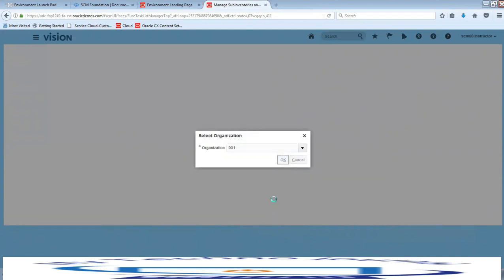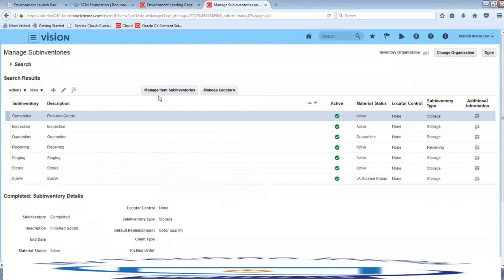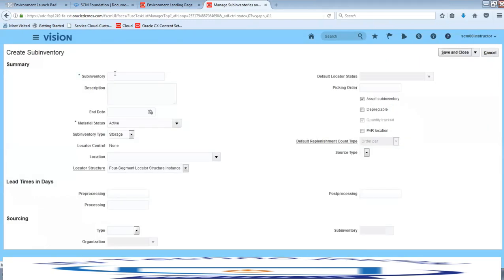Now let us create one sub-inventory. Let me create a sub-inventory with the name sub VA, with the initials, and we could provide a description as well, sub-inventory VA,